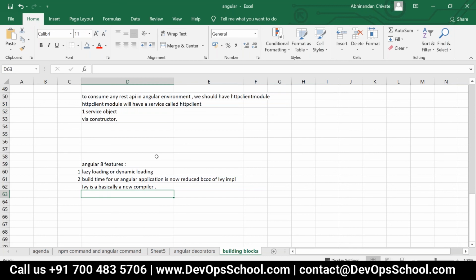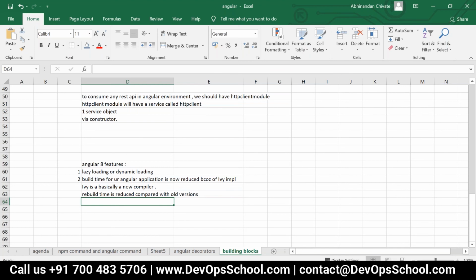Now, what are the advantages that you will get because of this Ivy? The first benefit that you will get is that rebuild time is reduced compared with old versions.